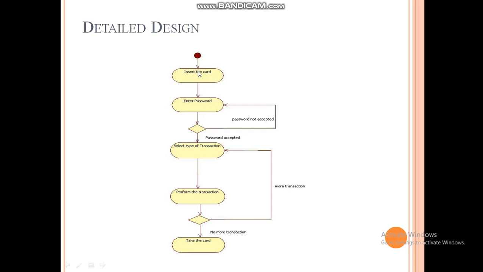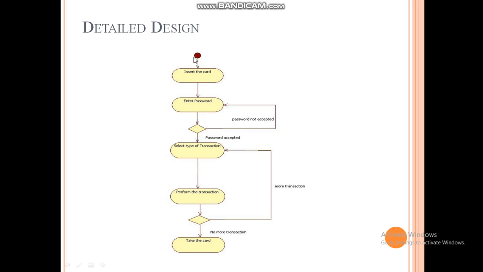When the first state completes its execution, the control goes to the next state by means of a transition. So the transition diagram shows how the system performs its functionalities in a sequential manner, or how the operations are performed in a system. That is represented using a state machine or state chart diagram.